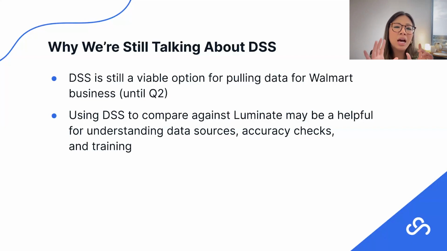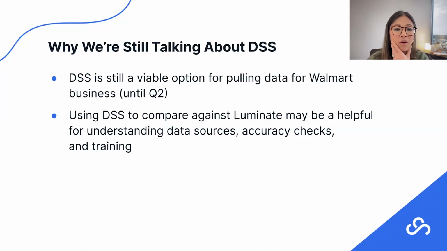But again, I would say it's probably a best practice to pull out as much as you can out of DSS so that you have a frame of reference. If you're going into a Walmart buyer meeting with Luminate data and you don't feel it's accurate, you have nothing to compare that against. So at least having DSS, again, Walmart is going to lean towards Luminate data, but you can hopefully triangulate what the truth is utilizing